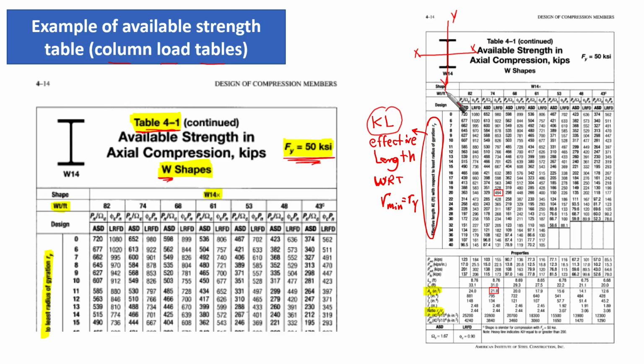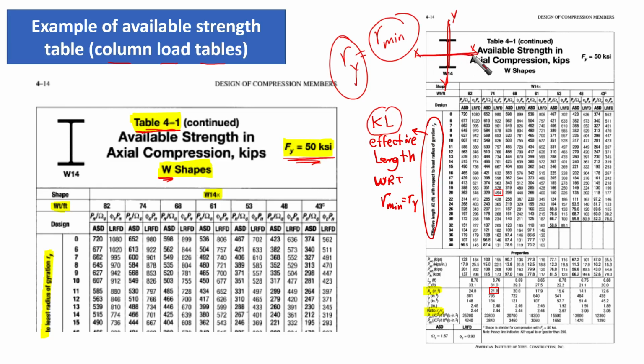So whenever we talk about r minimum, this means exactly ry. The minimum radius of gyration is related to ry, not rx. So remember that well, because we are going to modify it whenever we check for buckling around x, for